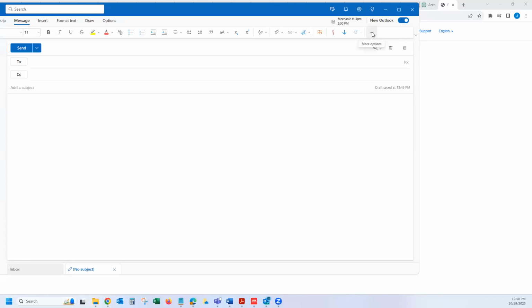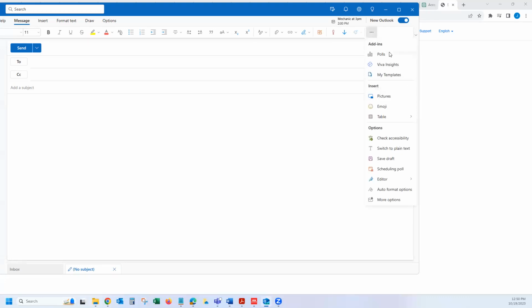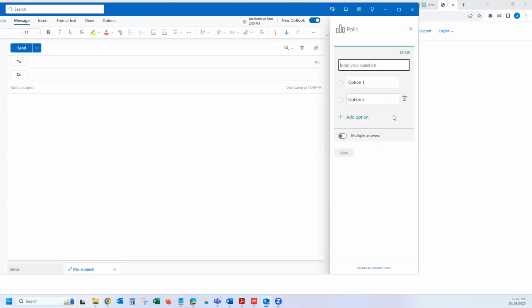So basically, when you come here under the more options, when you click on this small option, you have the word here, poll. And then when you click on poll, it's going to give you the option to create a poll. But the problem with this type of poll is that it doesn't give you the opportunity to add more questions. So basically, you can only create one. For example, we may say poll